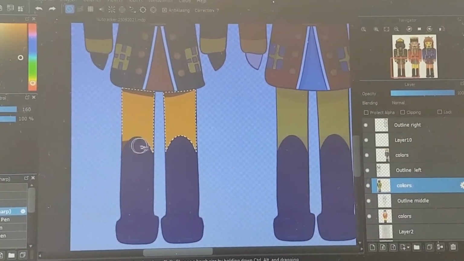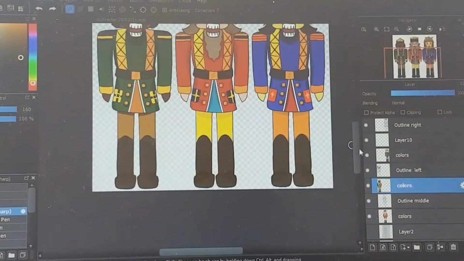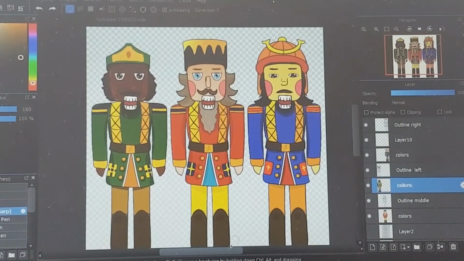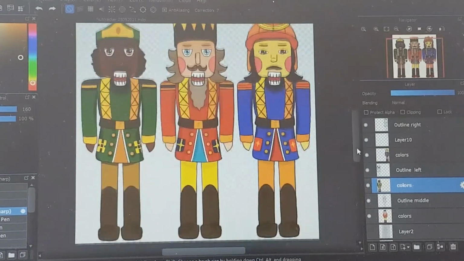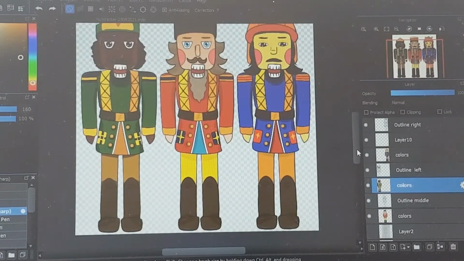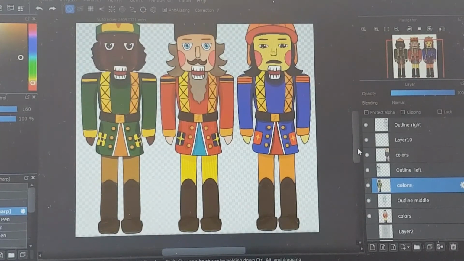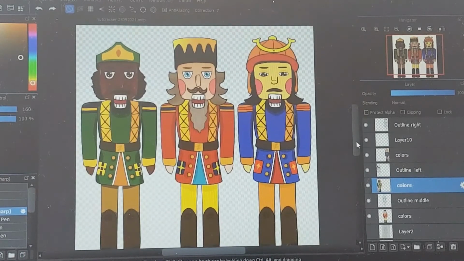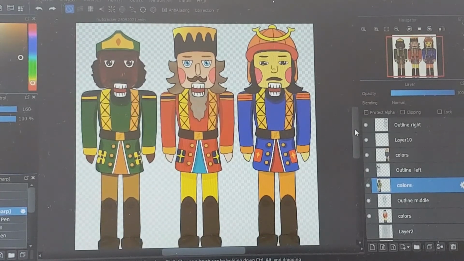Okay, great. This illustration is now completed. So it is an illustration I called the Three Nutcrackers, and I think it sounded a bit like the Three Musketeers, and I think it looks great, although it took me more time than I spent on the first two illustrations. This one took me much more time, but I think it's worth it,